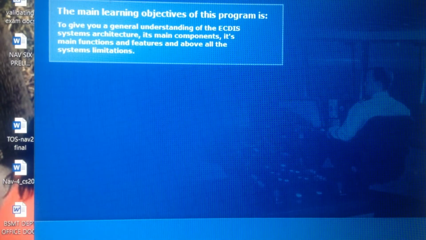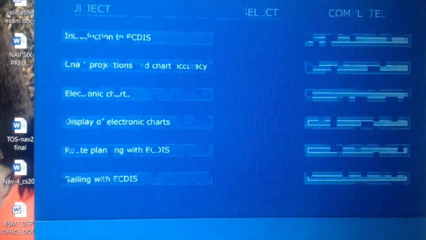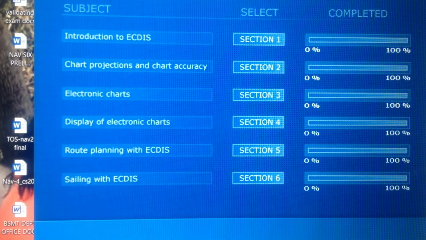The main learning objectives of this programme are to give you a general understanding of the ECDIS system's architecture, its main components, its main functions and features, and above all, the system's limitations. This module contains the following subjects: Introduction to ECDIS,